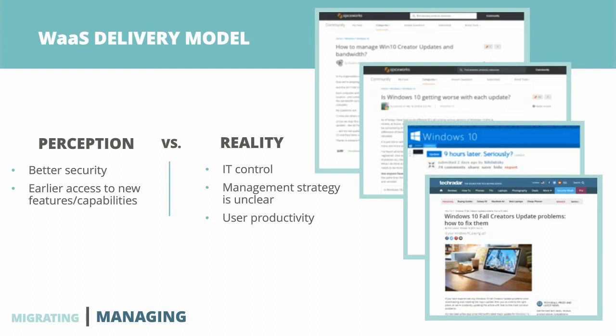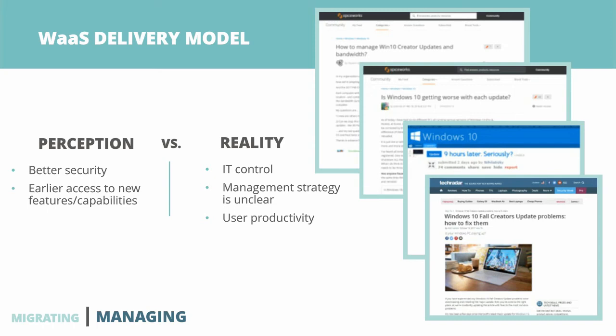But the management strategy isn't as clear, and now we have some question marks around end user productivity, right? If you have an end user who's going to be receiving one of these major version product updates, it appears to the end user as just a regular Windows update. So they're used to 5 or 10 minutes of downtime, let their machine restart, and away you go. That's not what happens in these cases. It's a full in-place product update, and it can take 30 minutes or an hour or something like that, and it can be unexpected, and sometimes it can totally fail. So our customers are asking for other approaches to kind of get some control back.